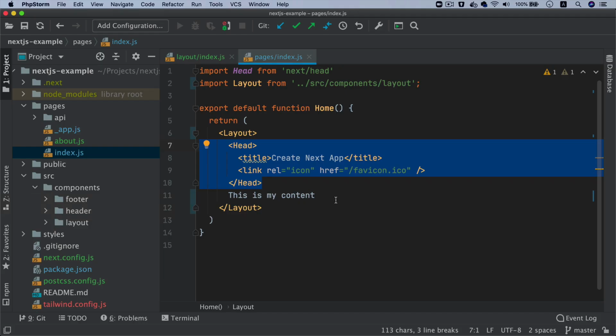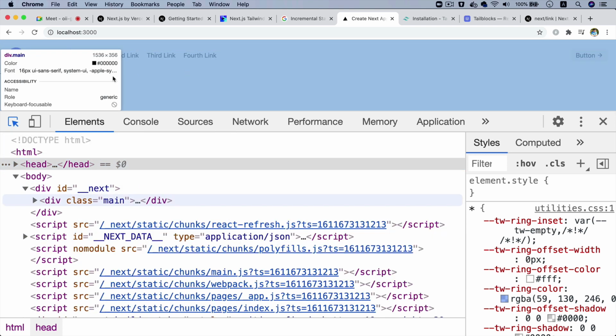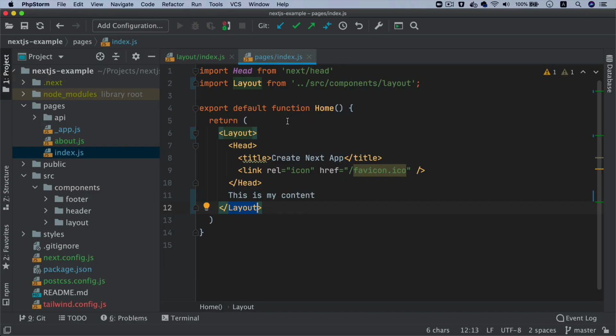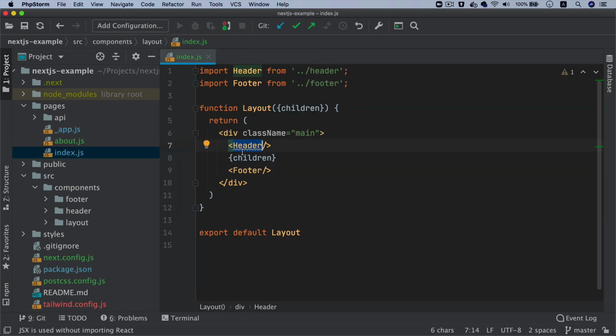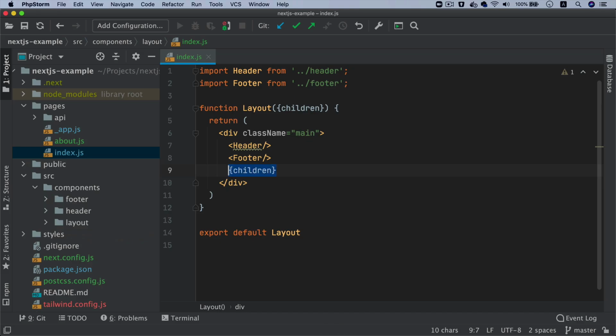So whatever you put outside of the head but inside of the layout between the starting and the closing tag, is going to be injected there. So now you can see that it's gone ahead and injected that this is my content over here between the header and footer. Why between the header and footer? Because that's where we're asking it to. If I change this location, make it here, now you'll see it will change and put that at the bottom. But again, that's not what we want.